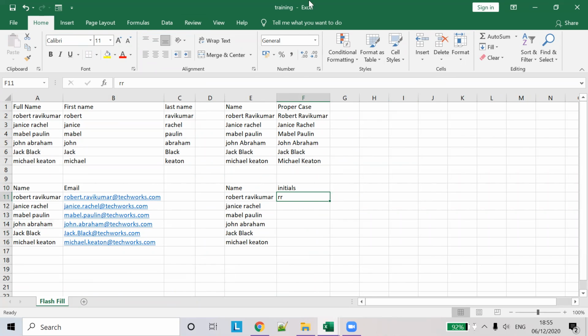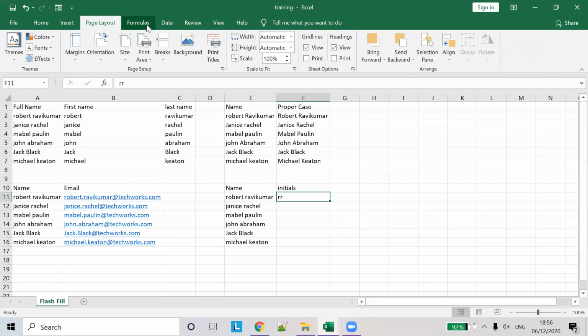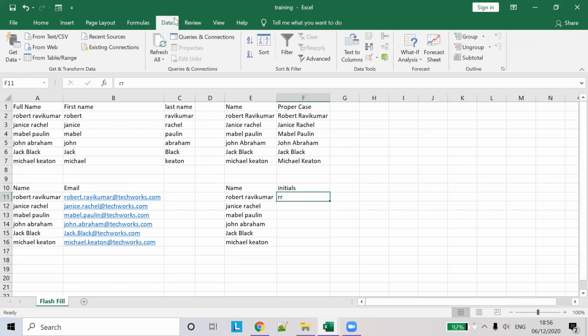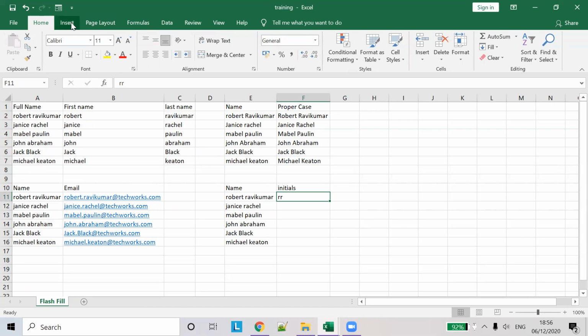and also you can do it from here. Okay, so there's a kind of option. Under Home, in the Editing ribbon, there is an option called Fill. Click on it and click Flash Fill. So now you see